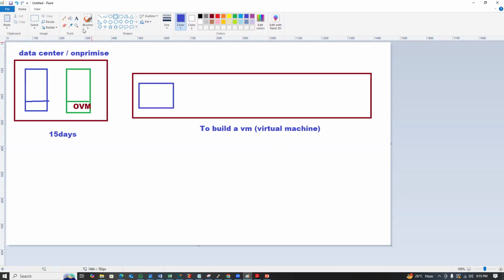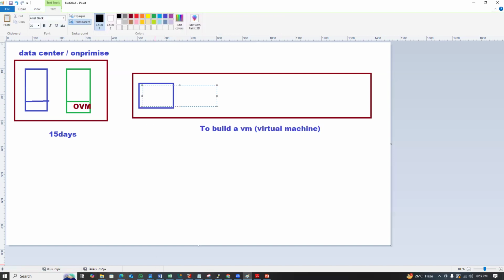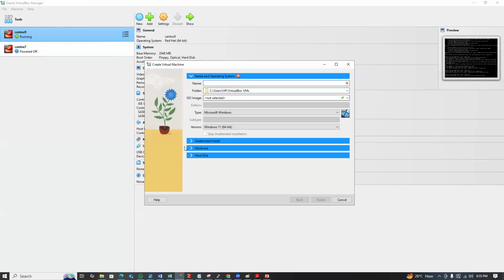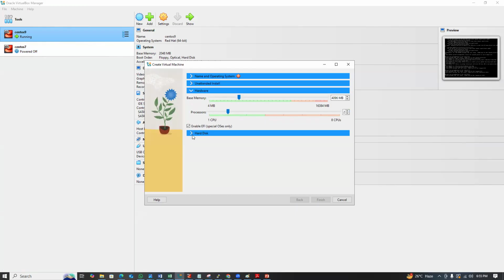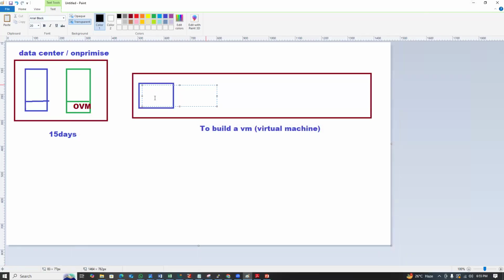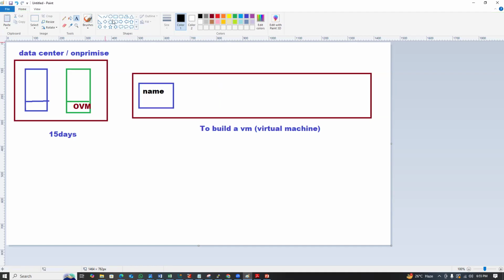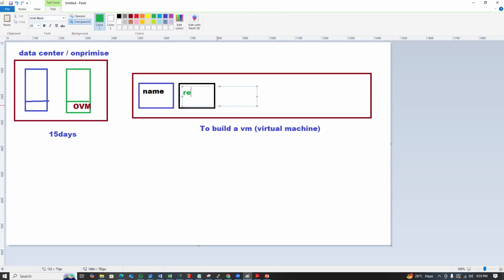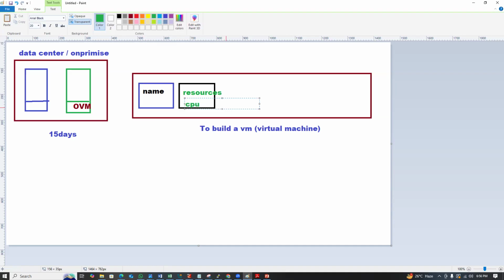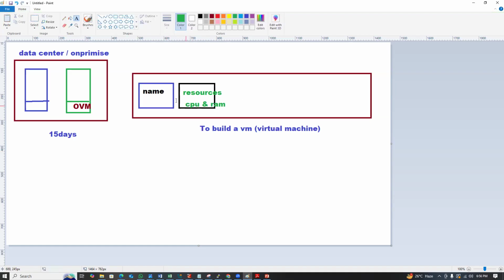Here is our virtual machine. For example, I want a new virtual machine. What are the options you are selecting? Name, hardware, then hard disk. Hardware, storage, network. So name, hardware, storage, network, right? What are the resources you are providing? Something like CPU and RAM. So name, CPU resources,